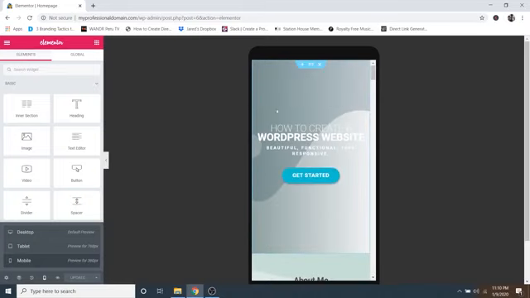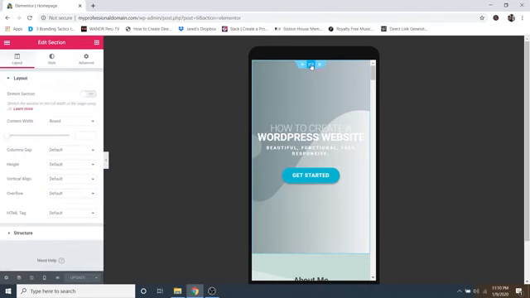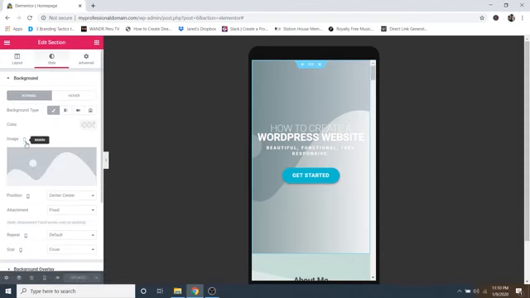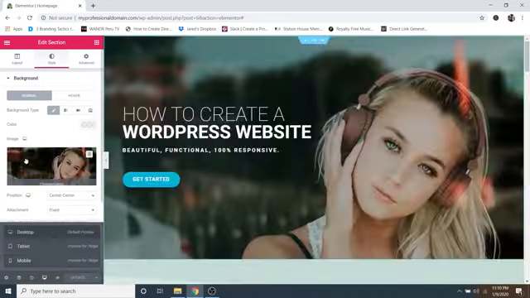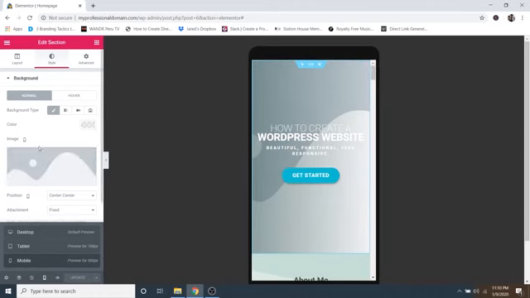And there's a reason for that. I did that on purpose because if you click on the edit section, you can add a separate mobile image for the background. So if we just go to style, you can see there's this little symbol of a mobile phone. If we were on desktop, I'll just change this back so you can see, it changes to a little desktop symbol. So this is that image for desktop, and then if we go to mobile, we can set a separate one. So I'm going to say choose image,